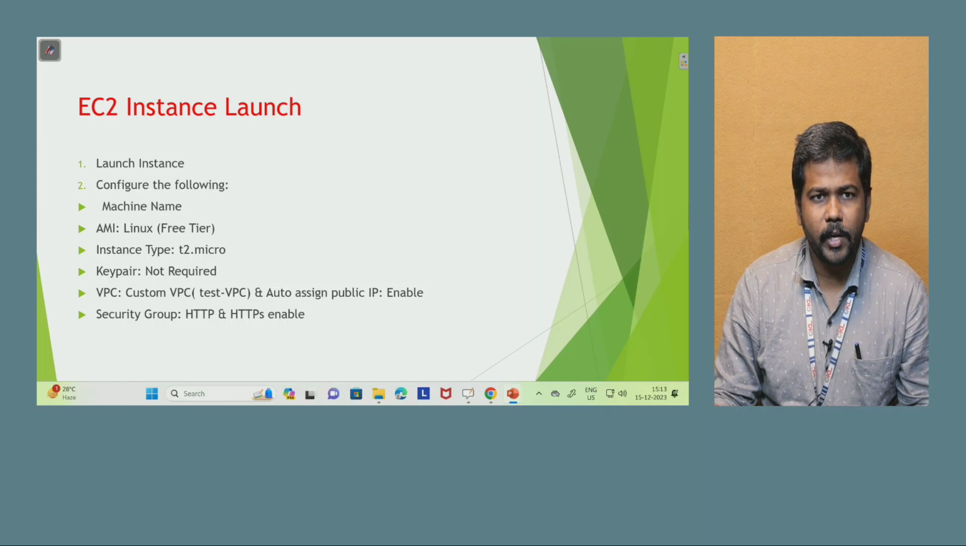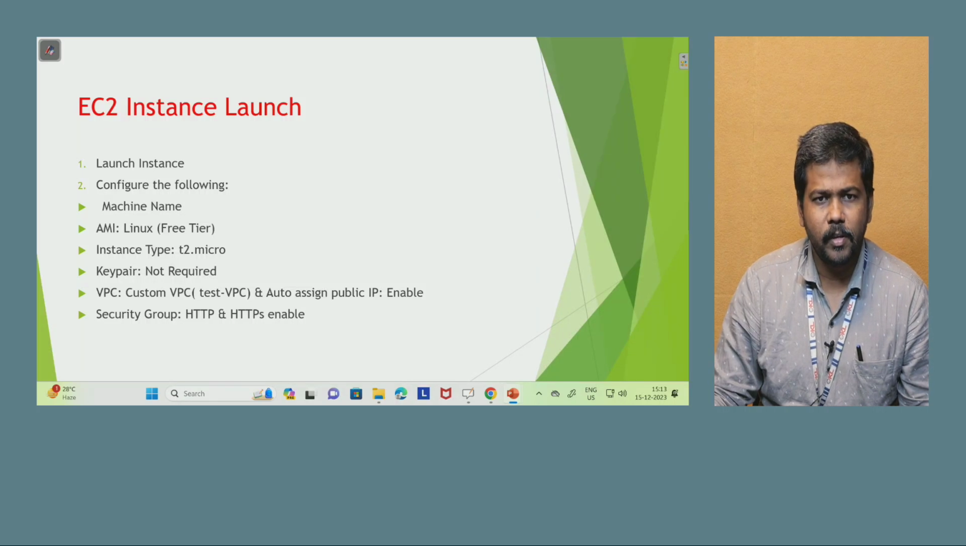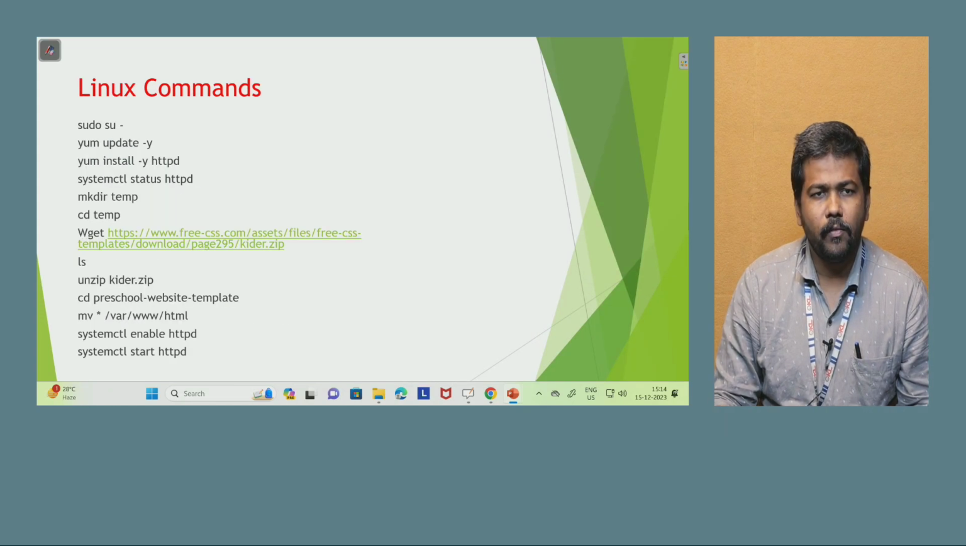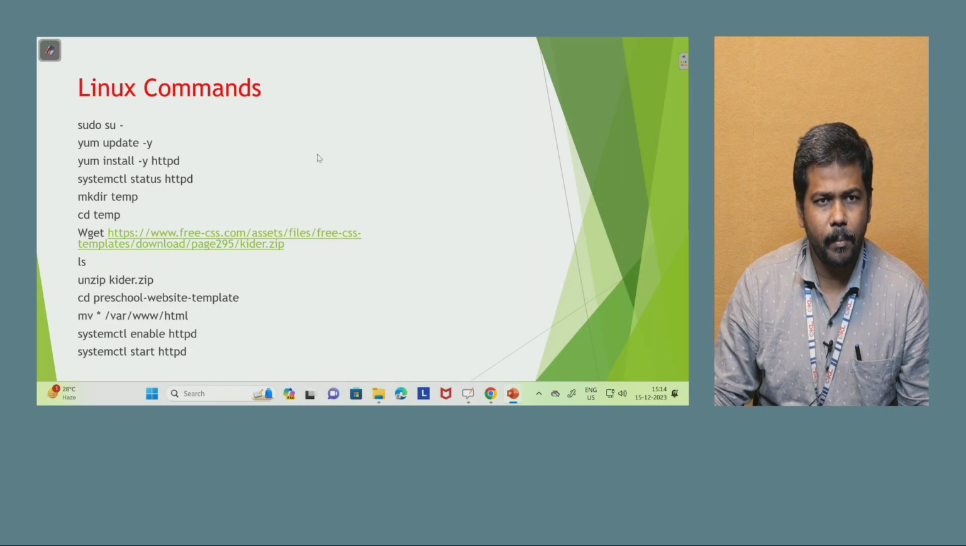So, for this application, the first thing is I want to launch the EC2 instances. The following configuration is to be followed. I want to specify the machine name and the AMI, instance type, key pair, VPC. If you have a VPC such as test VPC, you can use it, otherwise you can go for the default VPC, not an issue. Make sure that the public IP is enabled, and the security group is HTTP or HTTPS. After that you have to follow these Linux commands in the command prompt,